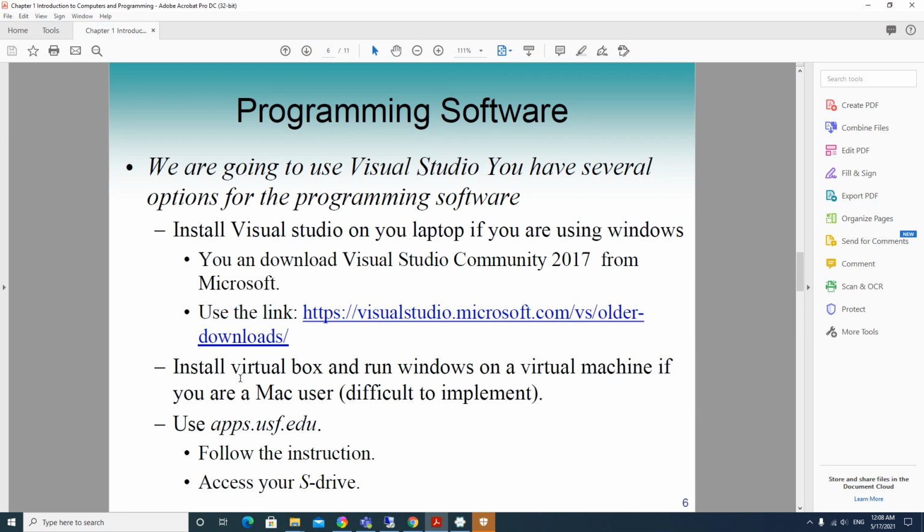So if you are using a Mac, installing this Windows version is not possible. You have two different options. The first option is to install VirtualBox and run Windows on a virtual machine. This is difficult to implement because you need to first install VirtualBox, then create a virtual machine, then get a copy of Windows and install it on the virtual machine, which is complicated. Another easy option is to use